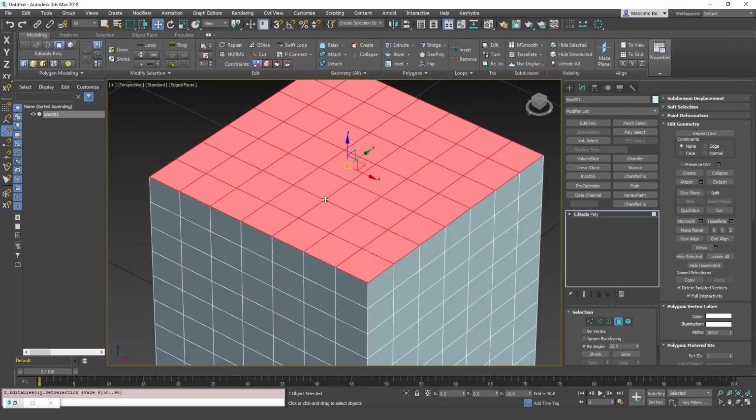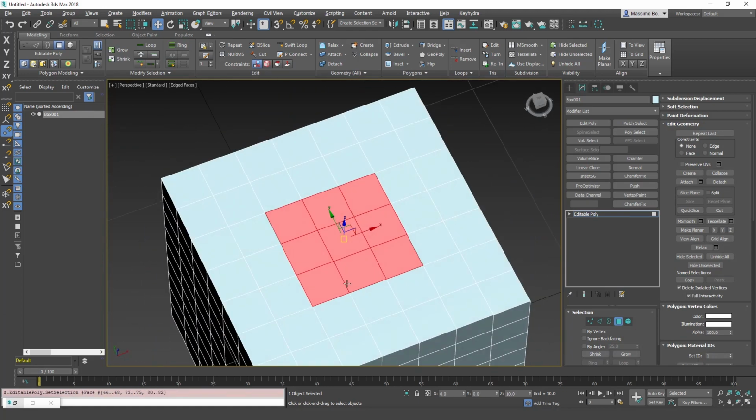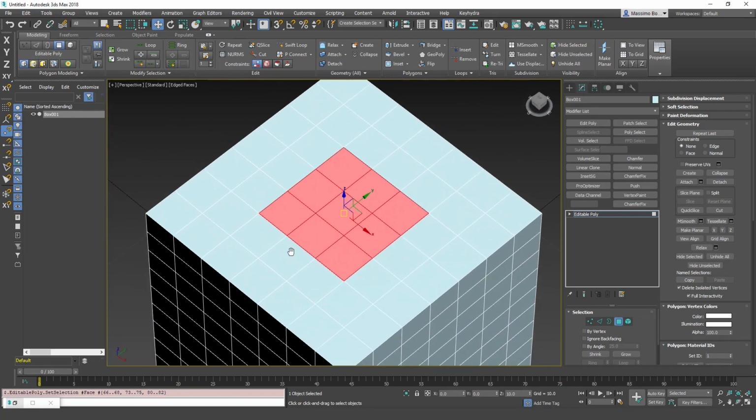So let's say you have this kind of selection and you want to convert it to edge.